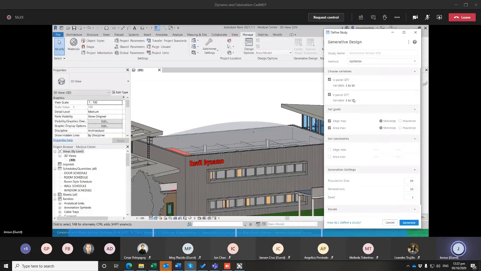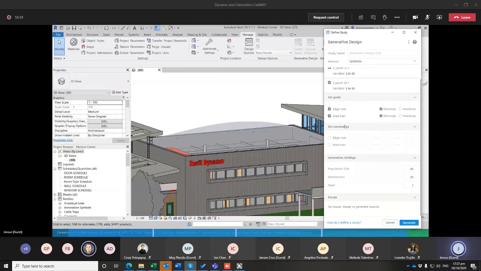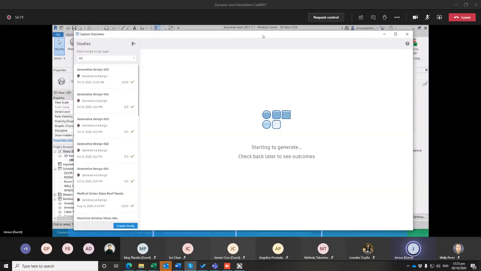So let's say I want it to be optimized, and I have a variable of 1 to 10 in terms of roof panel grids. In this case, I can utilize maxing out the edges of the roof panels. So I can dictate the minimum and maximum for my edge panels. I can say that 4 meters to 5 meters of the edge will be the max, and then I can actually get generation. So let's say I'll just do 4 generations in this example,